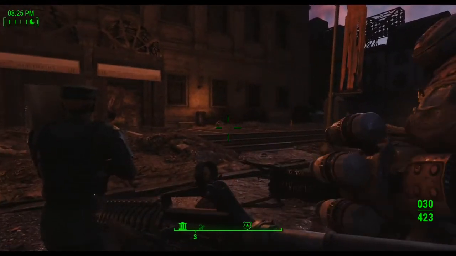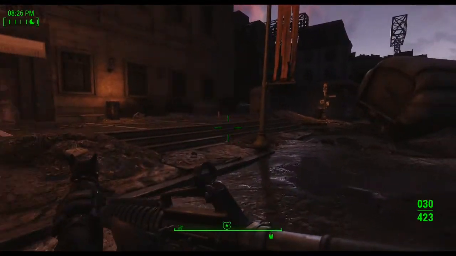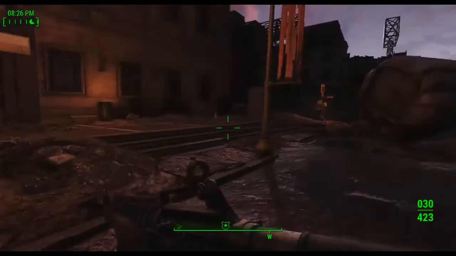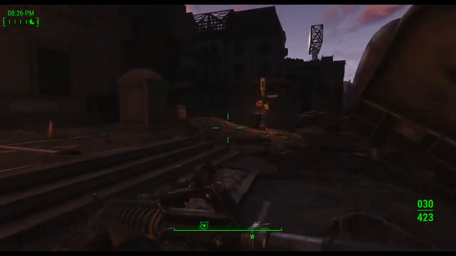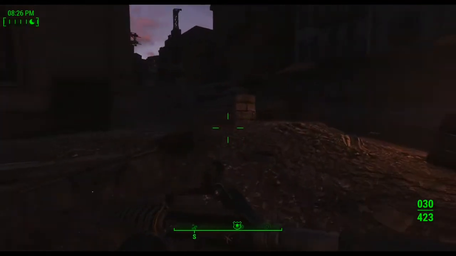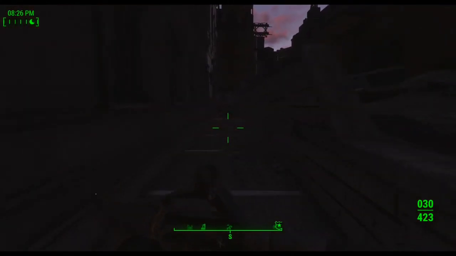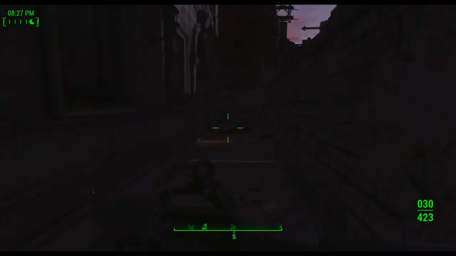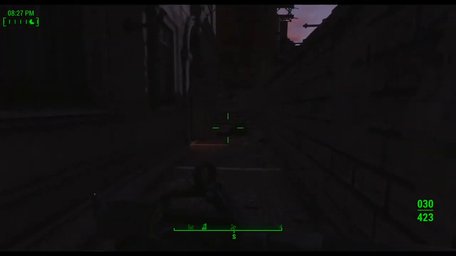And it's kind of dark, but that's okay. So yeah, here we are at the Boston Public Library. I don't want to go that way. I'm going to go this way, because I'm going to go in through the side door right here. I'm probably going to need to think about